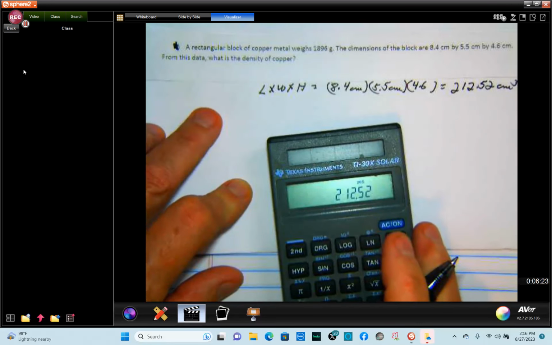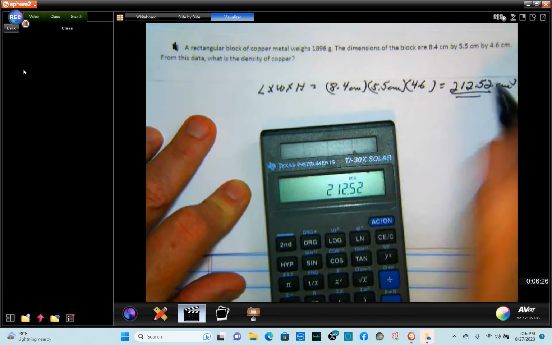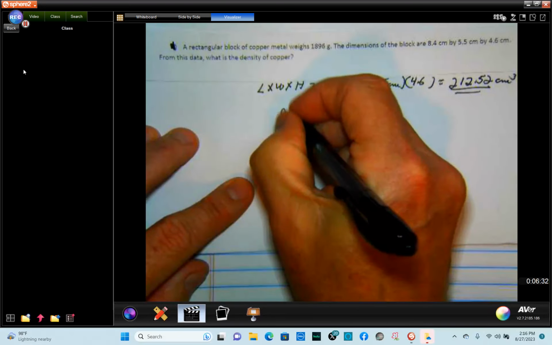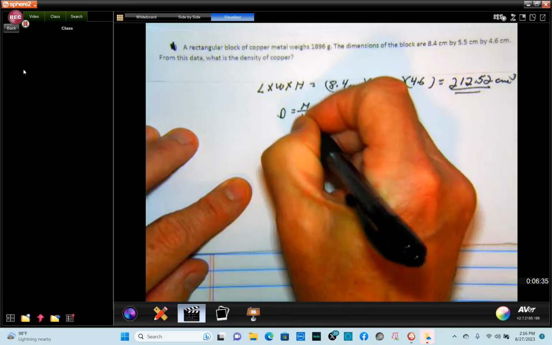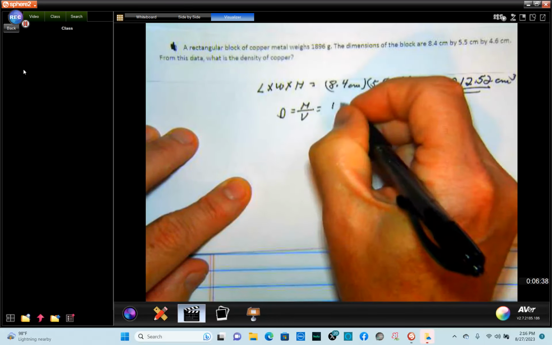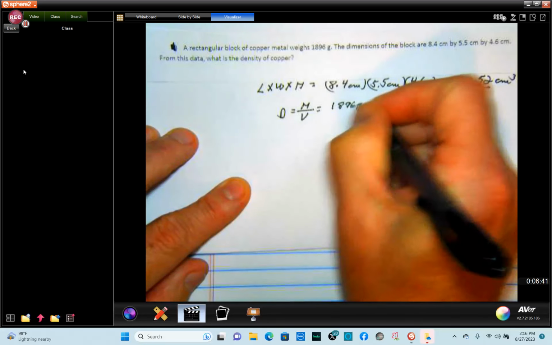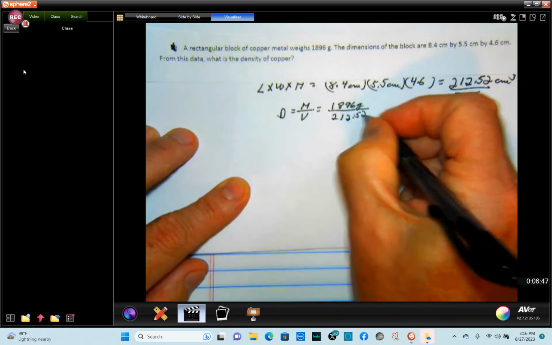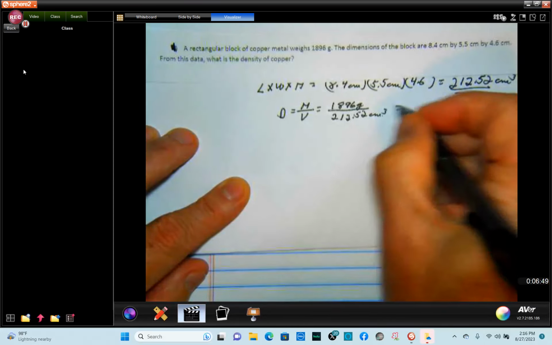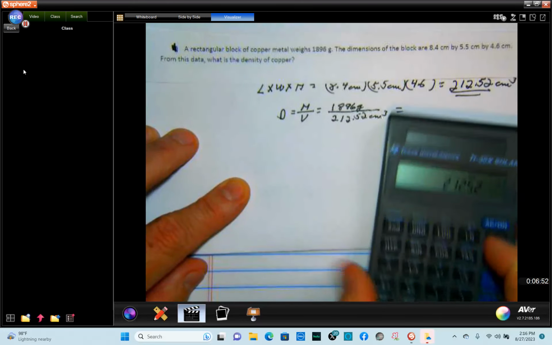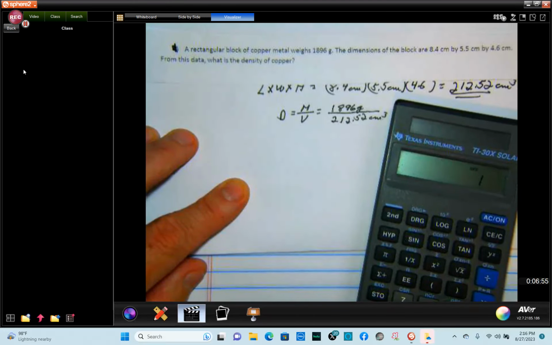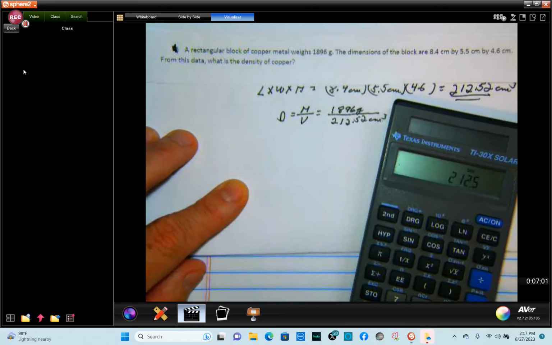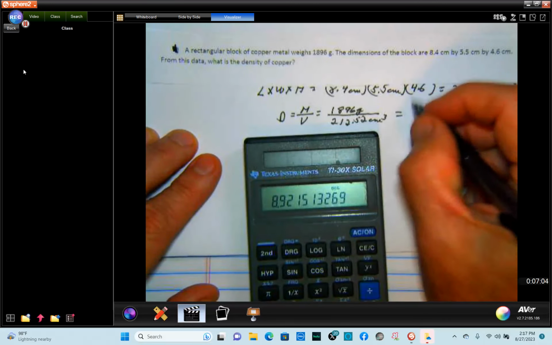All right, so we have that. And now we want to know the density. Well, we've got our volume, and we've got our mass right here, so we can go ahead and calculate it. So density is mass divided by volume. The mass is 1,896 grams, all over 212.52 cubic centimeters. So let's go ahead and crunch that out. 1,896 divided by 212.52 equals